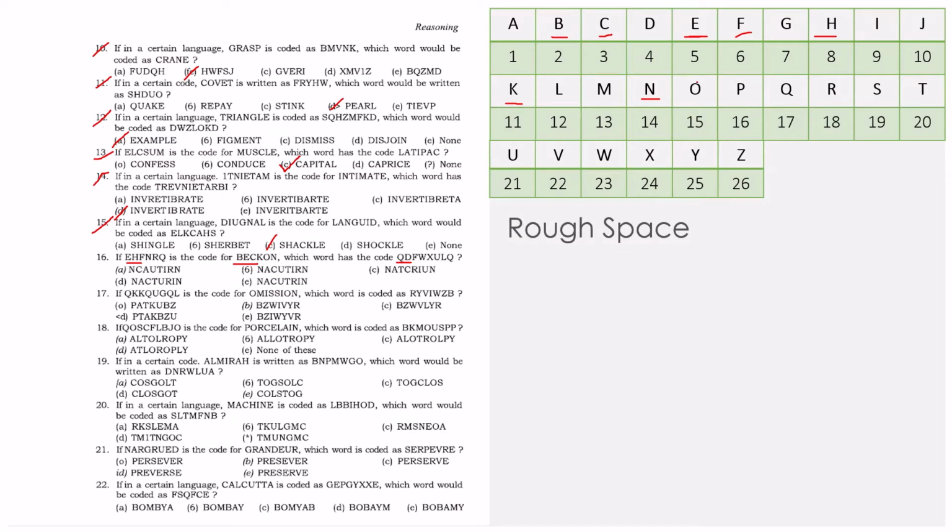Q, 2 letters backward, that's N. So you'll replace everything with N. So let's go for D also. D to A. So okay, just eliminate the A option and just check the unique one. This eliminated T, U, U.